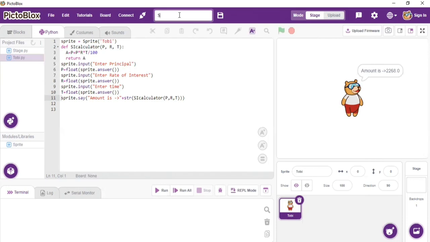Once this is done, we have to save in the file location that we wish to save. And once it is done, our project is saved. We can now save this file as SI calculator and press the save button right beside it. You understand how? So once we have done it, we have to place the file locator, and now your project is being saved.